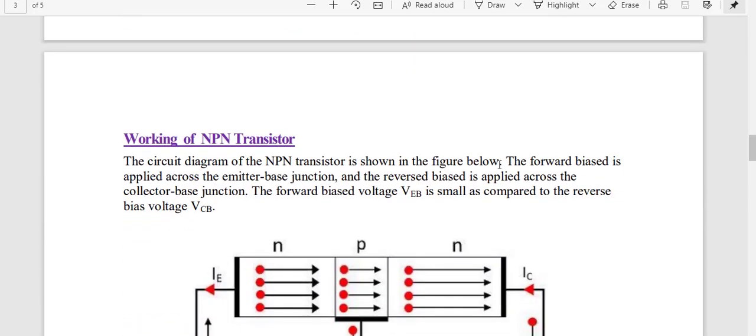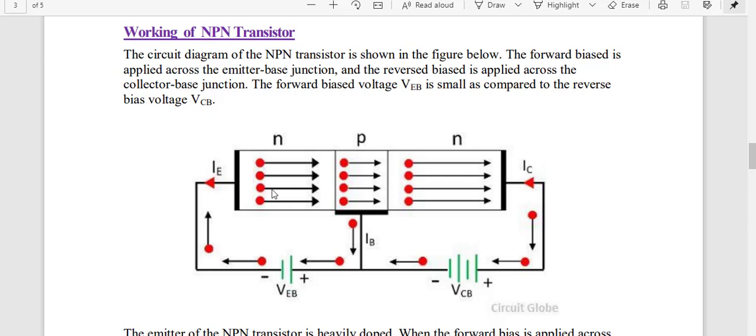Come to the working principle. Now in an NPN transistor, this side is heavily doped and this base region is lightly doped. Now what happens? The majority carrier for N is electron, so electrons will try to move from N to P side, and for P type the majority carrier is hole, and holes will try to move from which direction? From the N type, or from this side. Now if this region is heavily doped, then what happens? Electrons and holes combine with each other, so the movement of electrons will be blocked, so conductivity will be less.